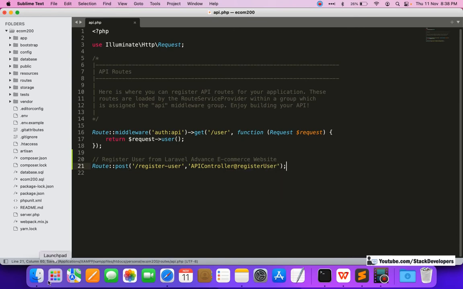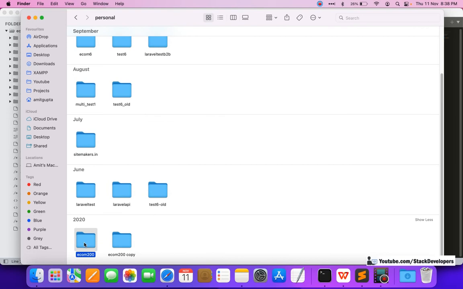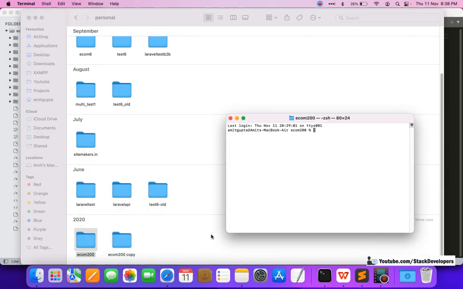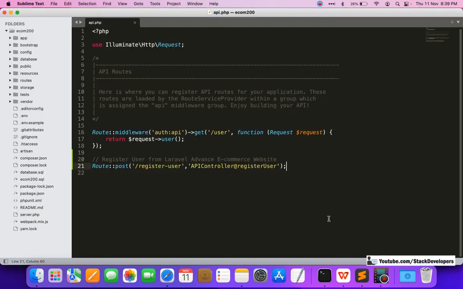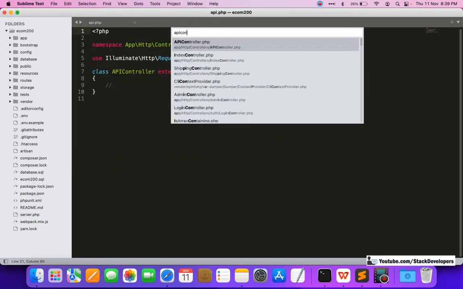This API controller we want to create in our basic e-commerce series in a new terminal folder, php artisan make controller. All the controllers are in the common folder. We are just going to run the command to create the API controller, and then open the API controller here.